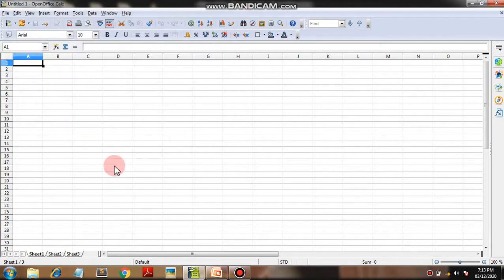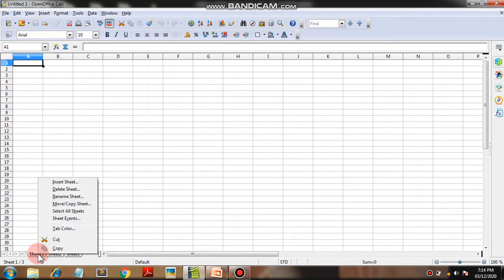Now, we know that there are by default 3 sheets: sheet 1, sheet 2, sheet 3. If in your workbook there are many sheets available and I want to rename sheet 1, sheet 2, sheet 3, then I right click on sheet 1. See, there are various options available: insert sheet, delete sheet, rename sheet, move or copy, select all sheets, tab color, cut or copy.